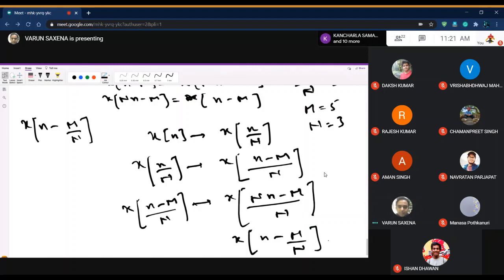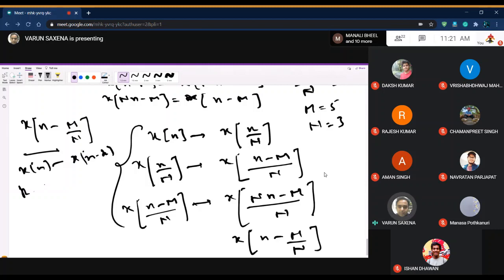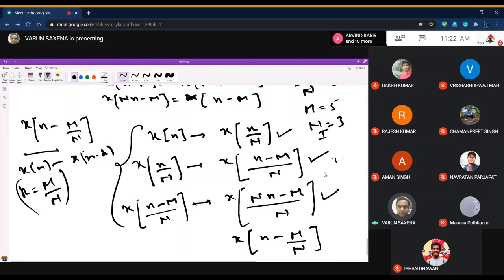So this case where you can just time shift x[n] and get x[n minus k] is only a special case of this, because then k is your M by N. But if capital M and capital N are relatively prime, this need not happen. This is the procedure: you first interpolate by N, then you time shift by M, then you decimate by N, and that is your answer.